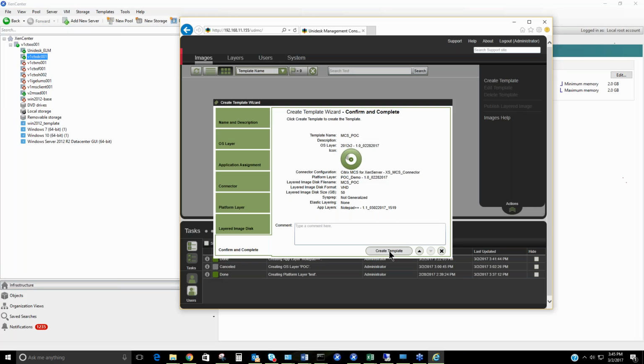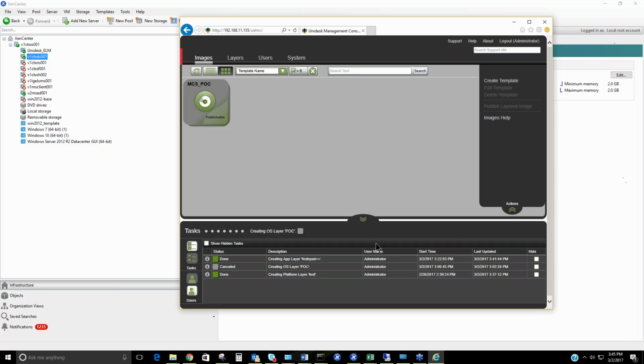Right? And this says create template, but I'm assuming this is going to create my base disk for MCS, or is this going to create an actual template that I convert? Just going to create a template. Say, go ahead and create that. And that's all you've done. Now what you do is click on it